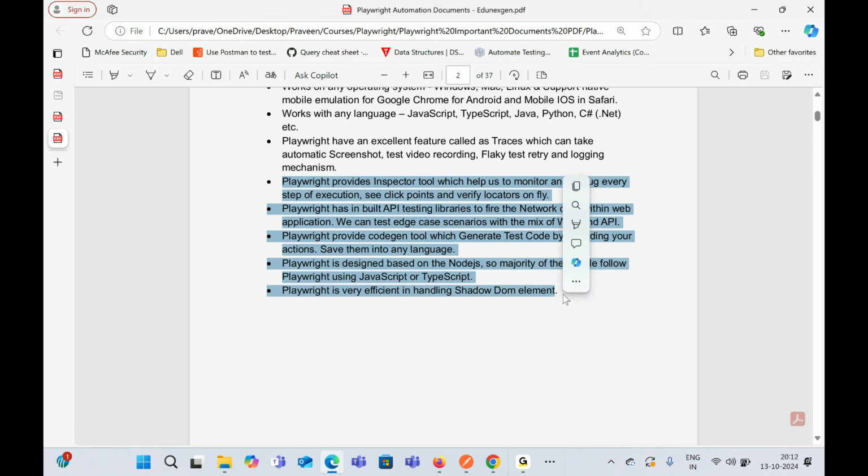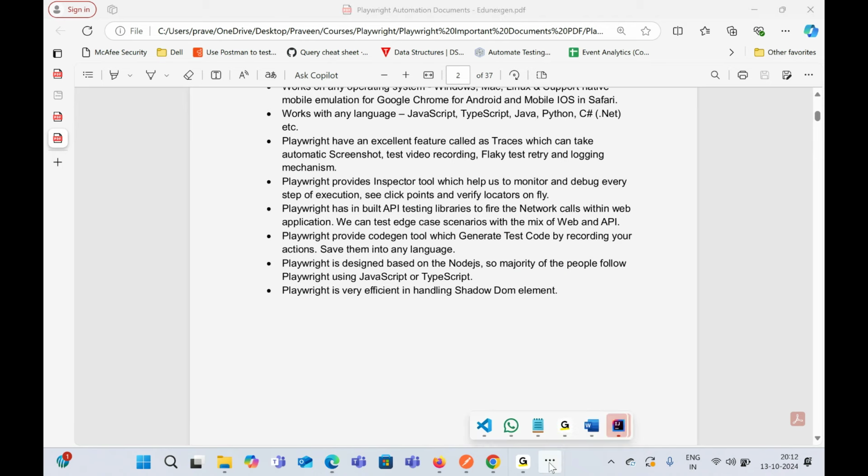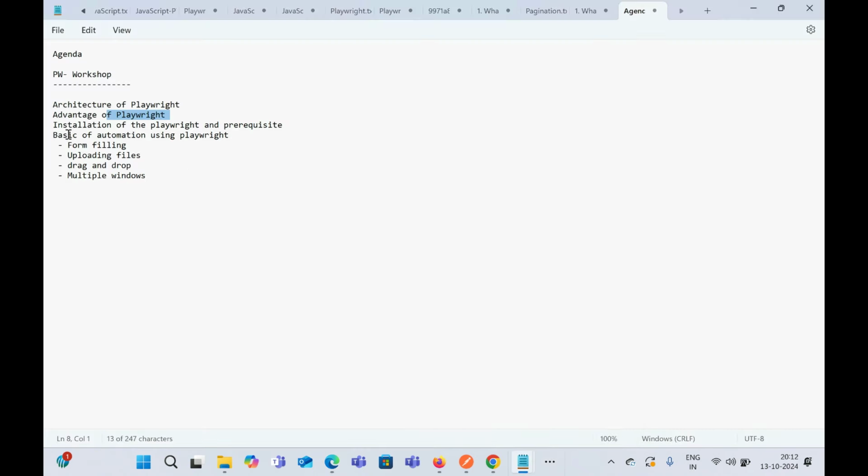First, we'll see the prerequisites. What are the prerequisites that we need to work with Playwright? If you have worked on Selenium, you might know that you have to first install Java. You have to set Java in the environment variable, and then you again have to install Maven. Then you have to create a project. You have to create a file known as pom.xml, where you go to the Maven repository and find all the jars that you have to install. That means you just have to provide the